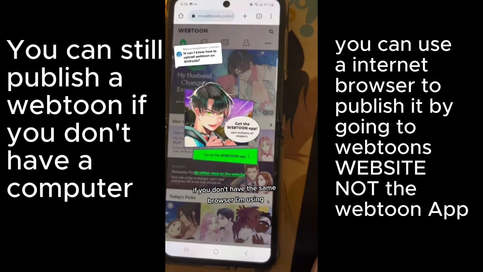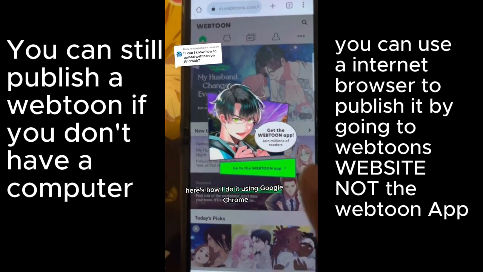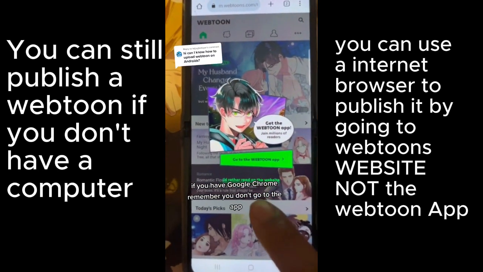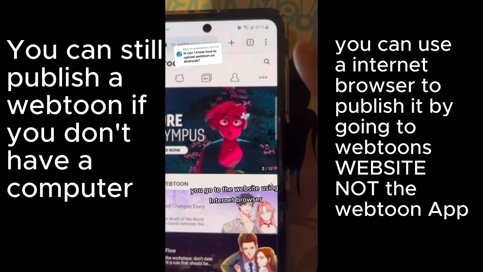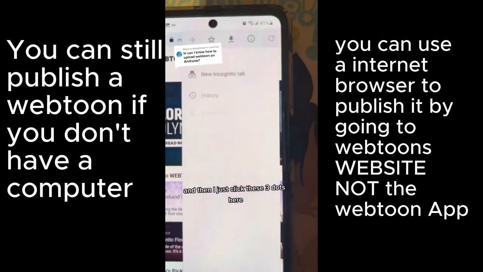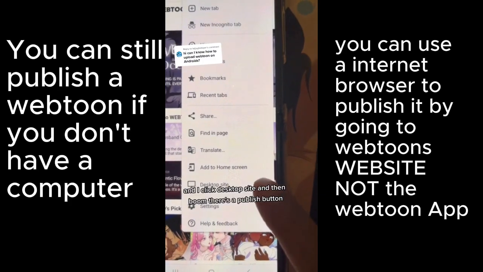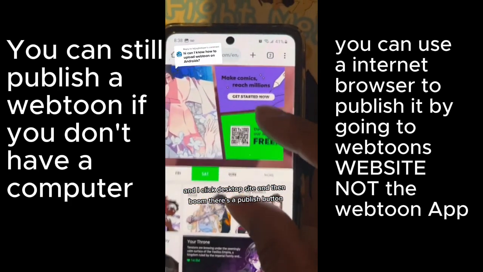If you don't have the same browser I'm using, here's how I do it using Google Chrome. If you have Google Chrome, remember, you don't go to the app, you go to the website using your internet browser. And then I just click these three dots here and I click desktop site, and then boom, there's the